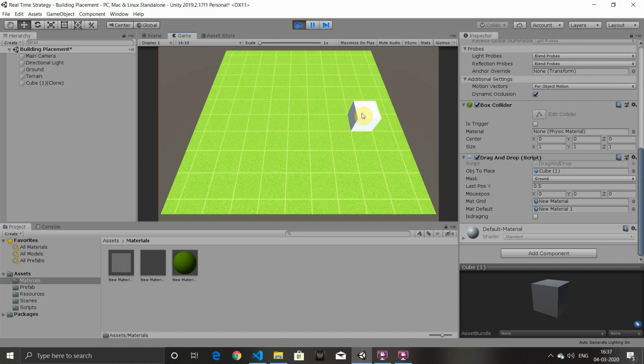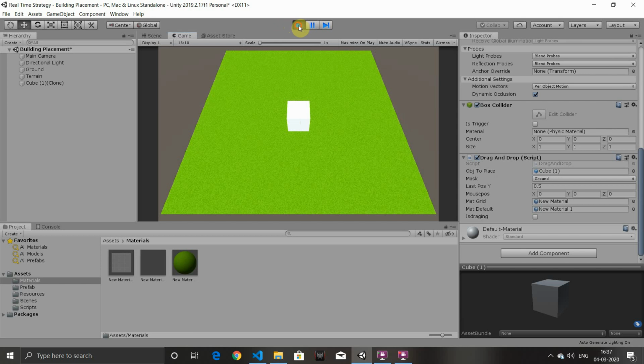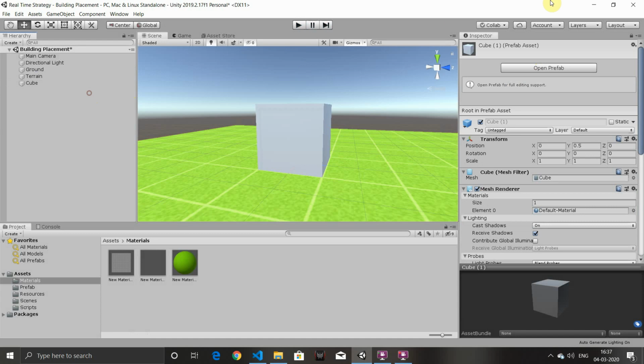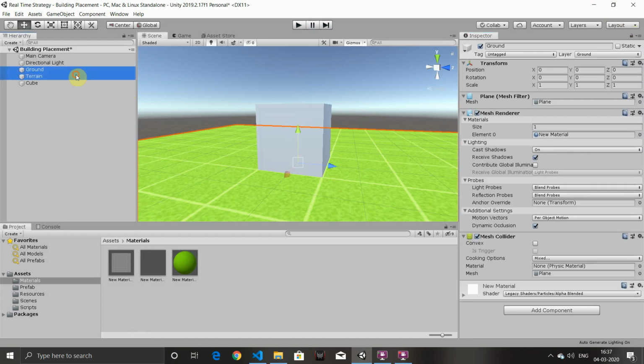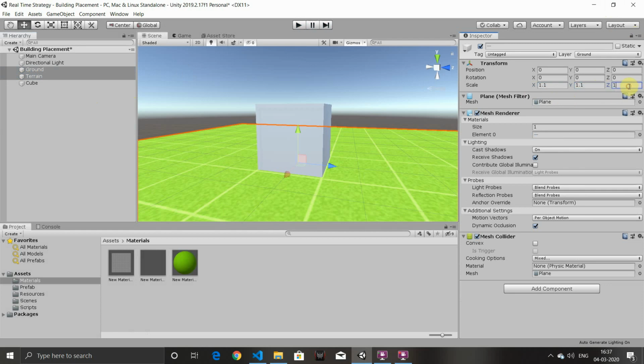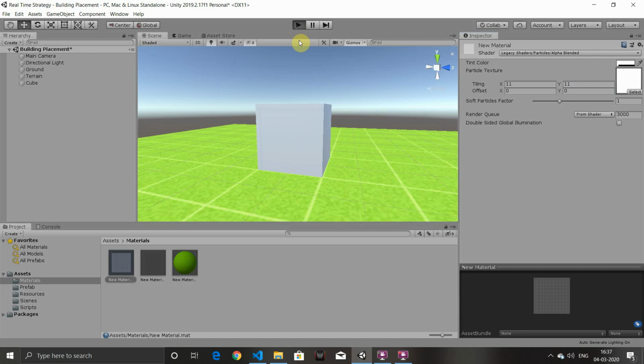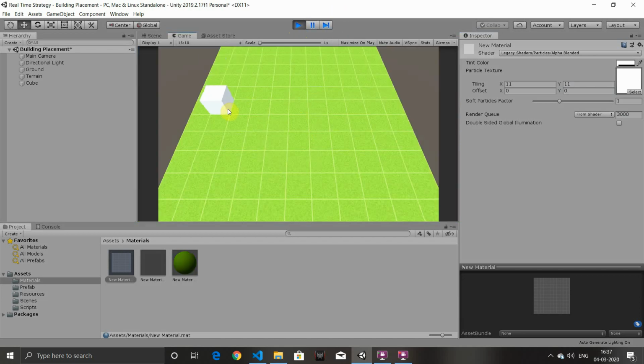There is one more thing we have to do. Whenever we go to the edge, you can see that our object is floating half in the air. To fix that, simply we have to increase the size of the ground and the terrain both. We will increase the size by 0.1. And we have to go to the grid material and change the tiling x coordinate to 11 and y coordinate also to 11. Also change the offset x coordinate to 0 and y coordinate also to 0. Now let's play. Awesome, our script